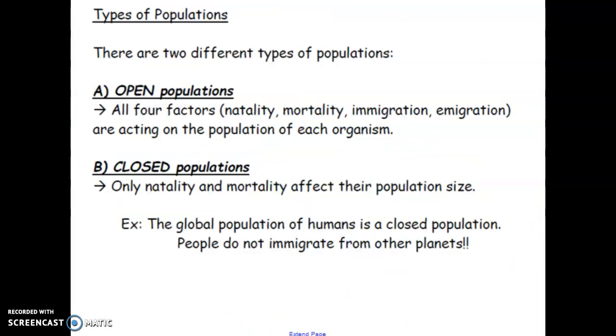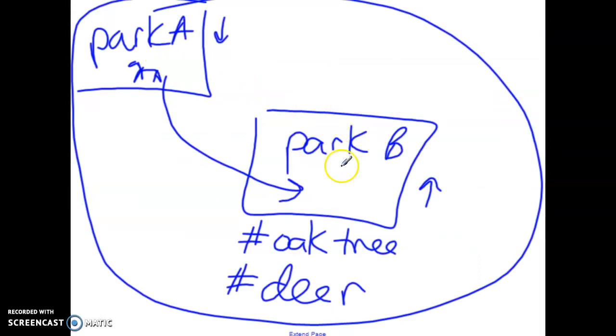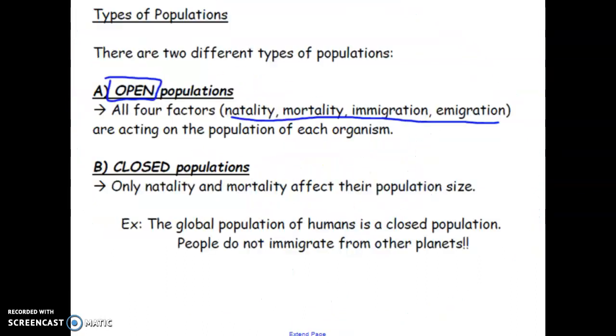Okay, so types of populations. We have what's called an open population versus a closed population. An open population is where you have all 4 of those factors we just discussed coming into play. For example, Park A and Park B have all 4 population factors. So a deer can be born, a deer can die, a deer can move in, or a deer can move